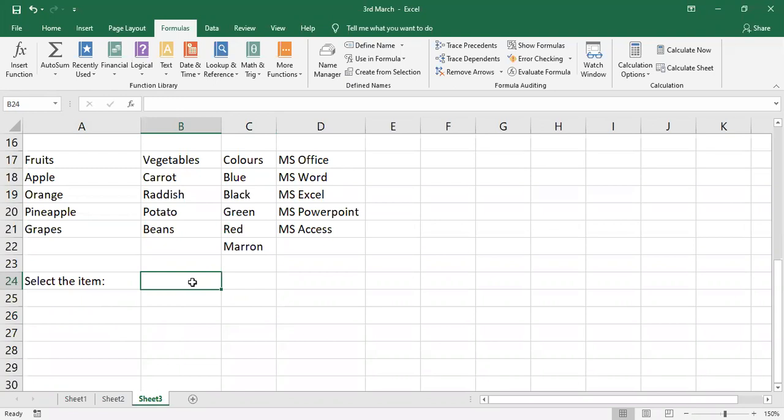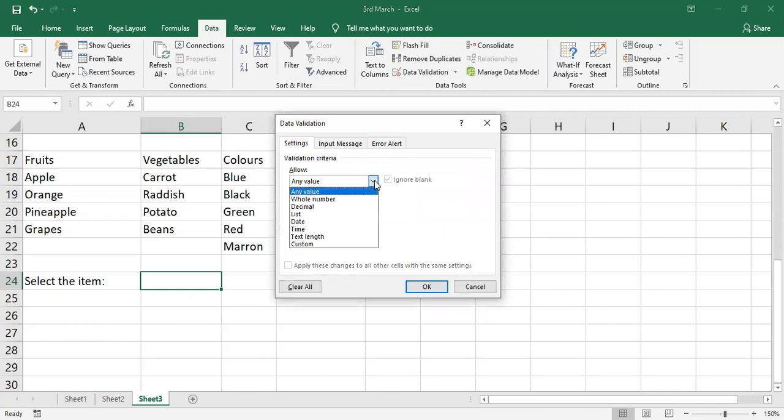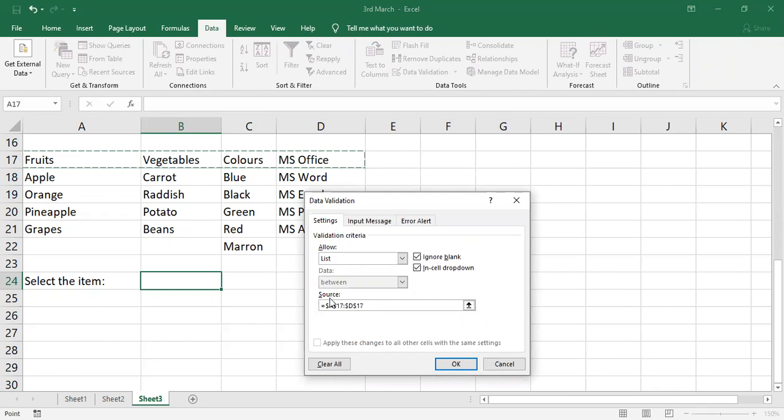So what I'll do is, here also I want a drop down. I'll select the cell, then data tab, data validation. In this, what I need to select? List. Here I am going to select this range directly. Okay. What I have in this range, I have fruits, vegetables, colors, and MS Office as names.